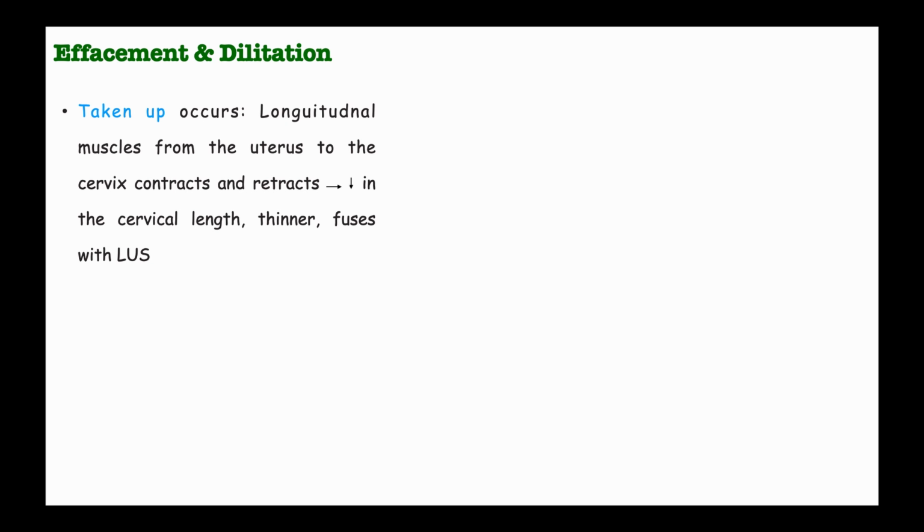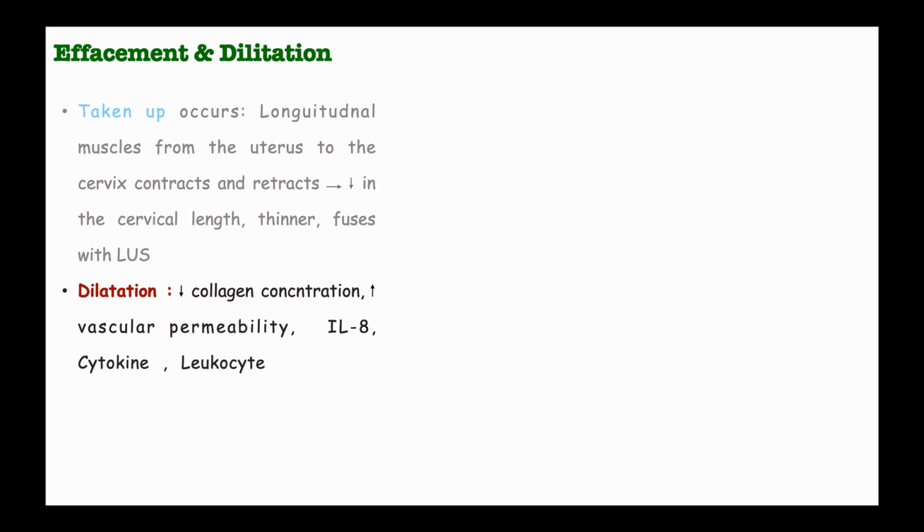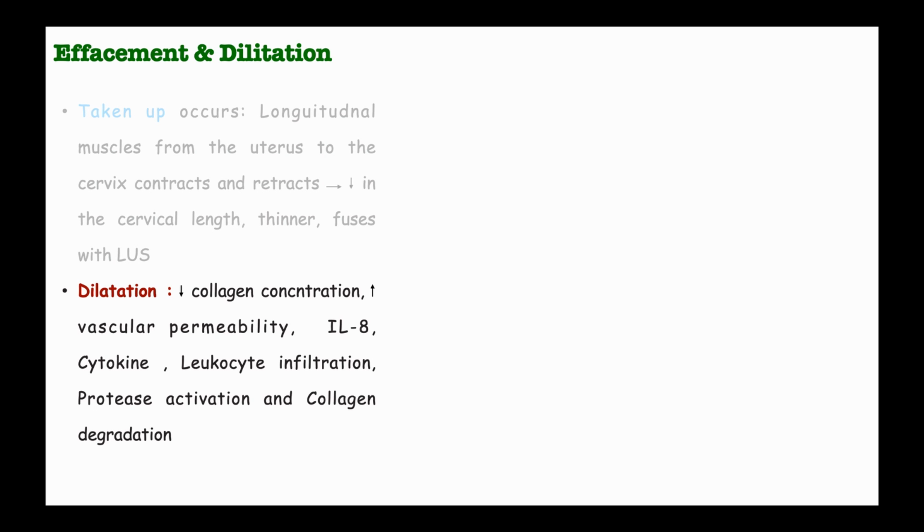When we say effacement, as I said, it is the taking up of the cervix into the lower uterine segment, and the taking up occurs when the longitudinal muscles from the uterus to the cervix contract and retract. This will lead to a decrease in the cervical length, causes it to become thinner, then it fuses into the lower uterine segment. When we talk about dilatation, it is when already we have a decrease in the amount of collagen,